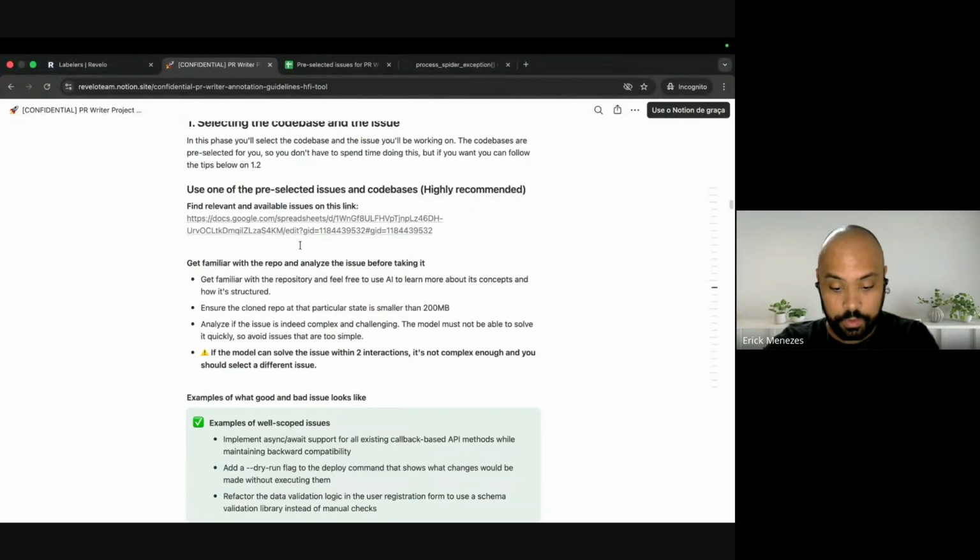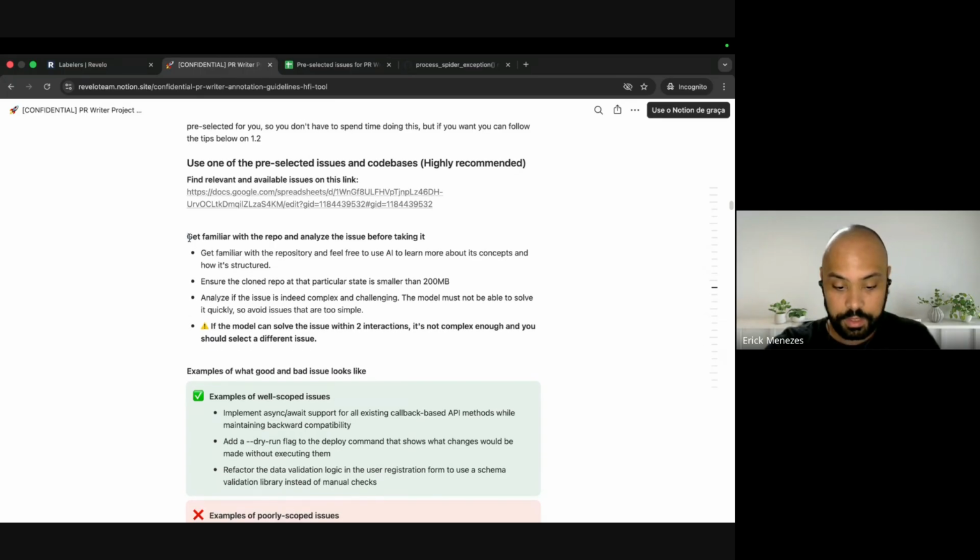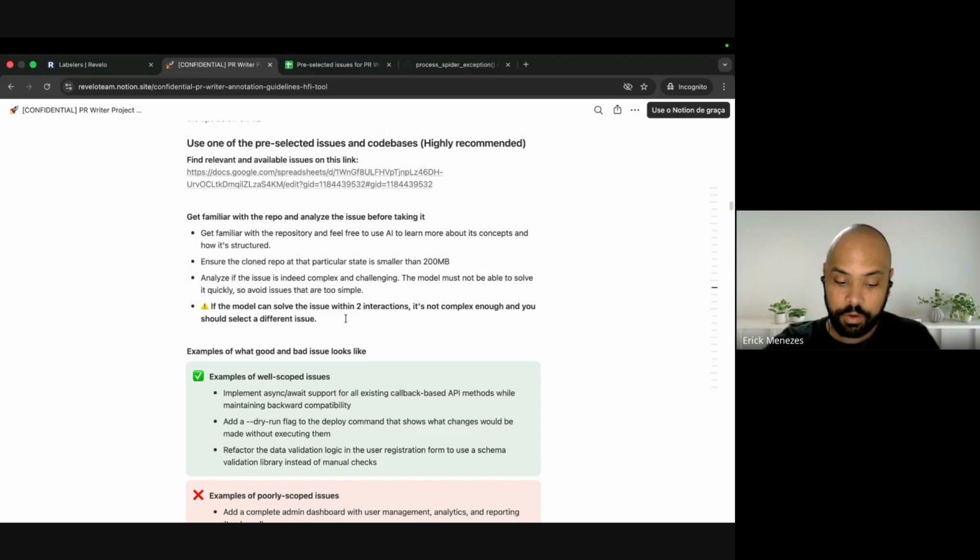One important note here: these pre-selected issues are generated automatically. So sometimes they have false positives. There are repos that do not meet our requirements. So analyze if the repo is meeting all requirements, like 200 stars on GitHub.